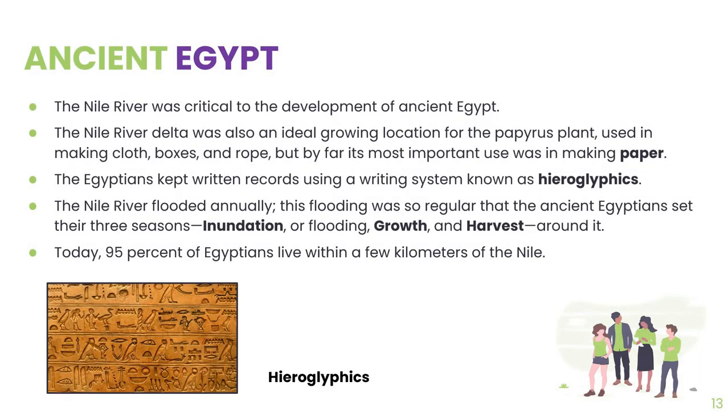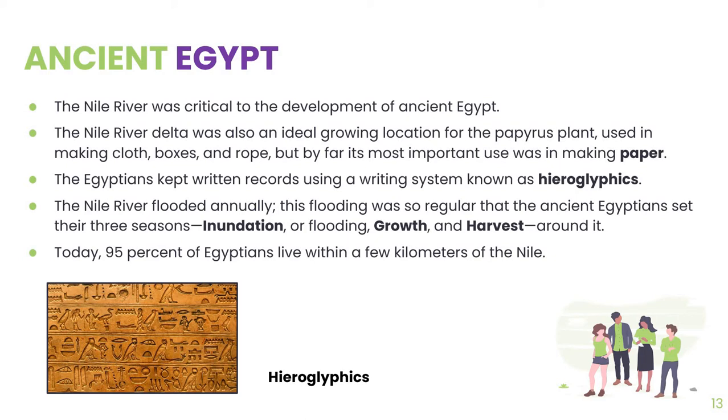Okay, and then we proceed to ancient Egypt. Okay, so kung ang Mesopotamia, they have the duo of Tigris and Euphrates rivers. Sa ancient Egypt naman, it was the Nile River that was critical to the development of this civilization. So, the Nile River, it's a long river. I think it's about 8,000 kilometers, if I'm not mistaken. And it covers 2 or 3 countries.